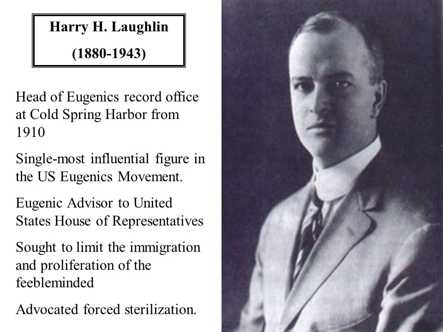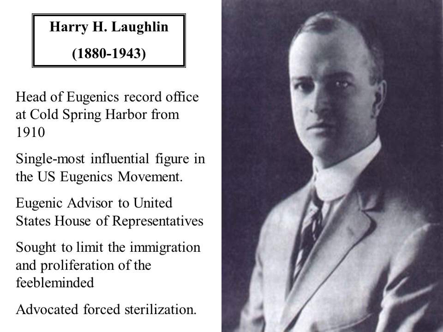Harry Laughlin, as I mentioned before, was the assistant to Charles Davenport at the Eugenics Record Office. He was the head of the Eugenics Record Office from 1910. Arguably, he was the single most influential figure in the United States eugenics movement. He was the big proponent behind these pedigrees, of which thousands and thousands were taken. They still have them in their archives at the Eugenics Record Office. So these records were taken.